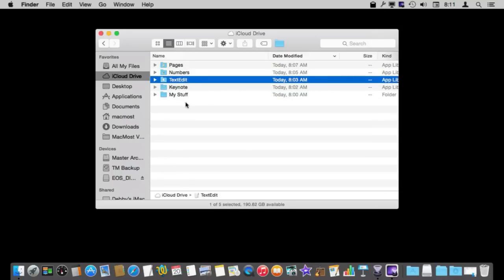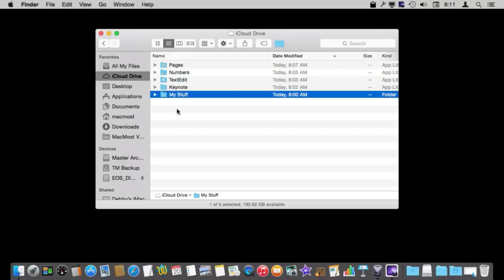But in addition to that, with iCloud Drive, I can also create my own folders like I have here, or just put files here at the main level. So really use it just like the Documents folder and put my own set of folders here and put any file I want into them. I could put images into them. I could put files that don't have a supporting iCloud app, like some design documents or things like that where they don't fit Pages, Numbers, or Keynote. Like I could put Microsoft Word documents in here if I wanted to.